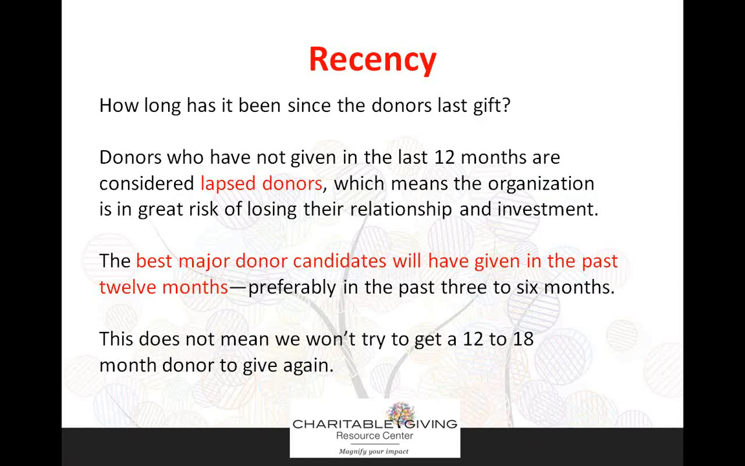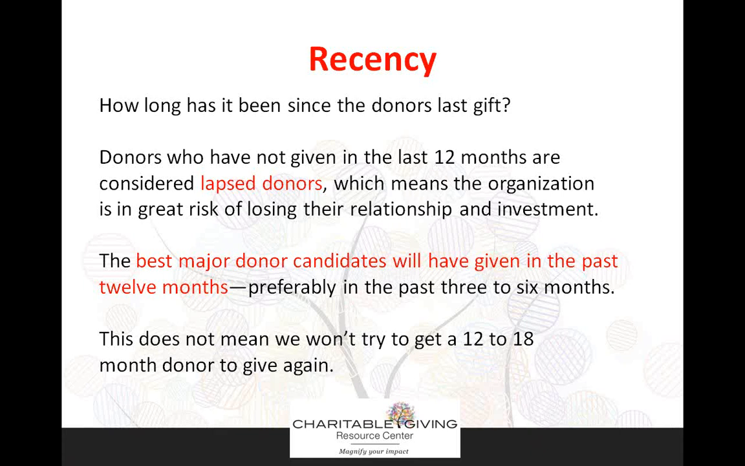So again, see how long it has been since the donor's last gift. Generally speaking, donors who have not given in the last 12 months are usually considered lapsed donors, or some people call them "gave last year, but unfortunately not this year." Lots of different terminology can be used, but if it's been more than 12 months and they've not given, that means you are at risk of losing that individual as a donor to your organization unless you take steps